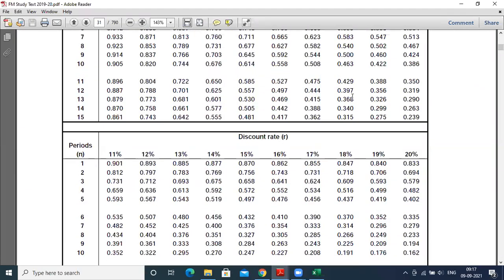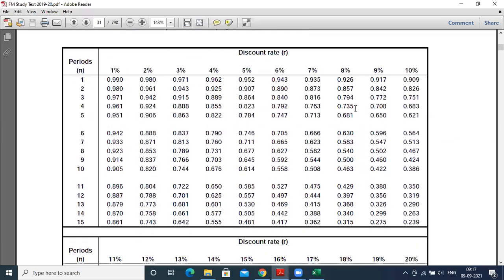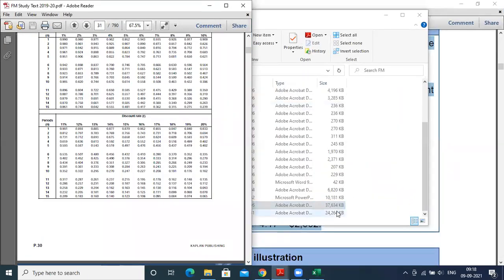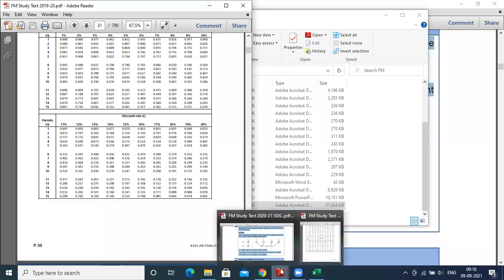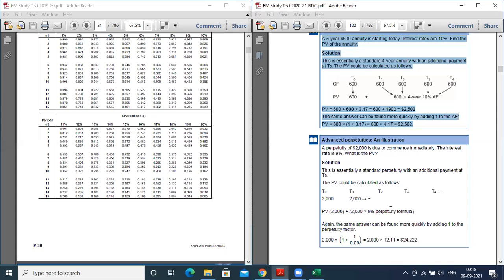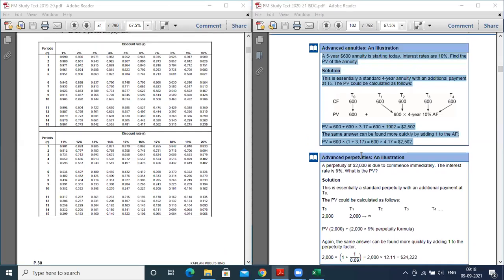I hope everyone can see my screen. Can you see my screen? Yes. Now I have split my screen. I believe you can see both the table and the question, right? So here